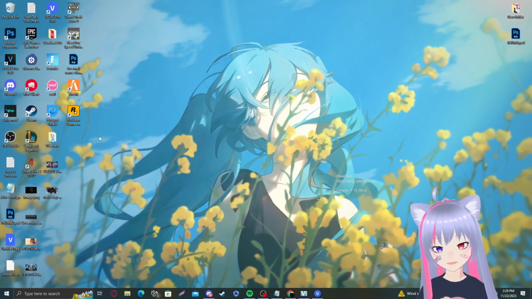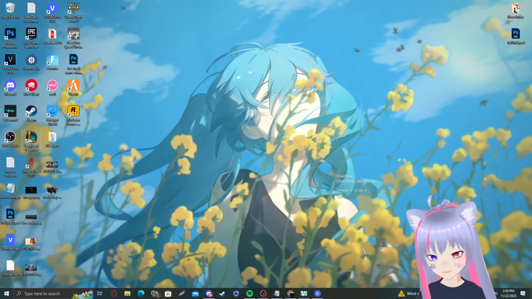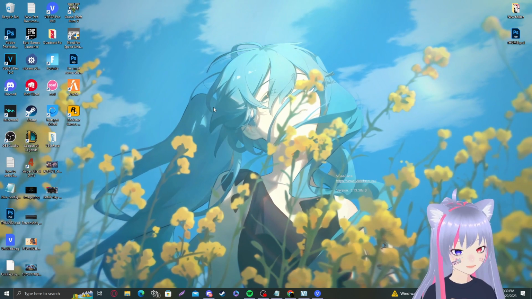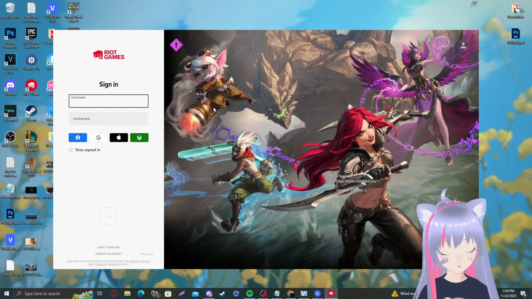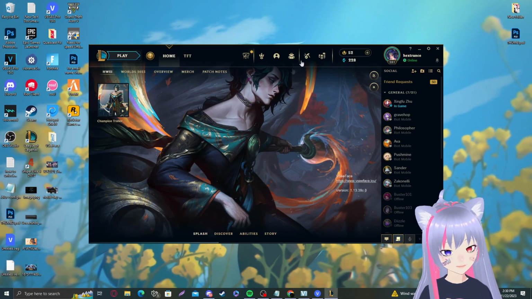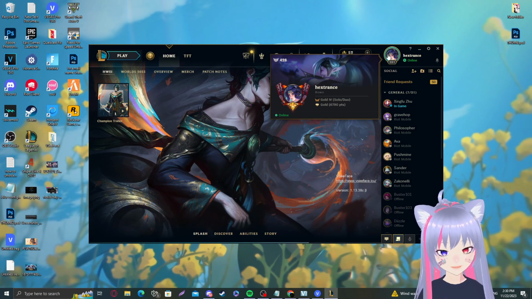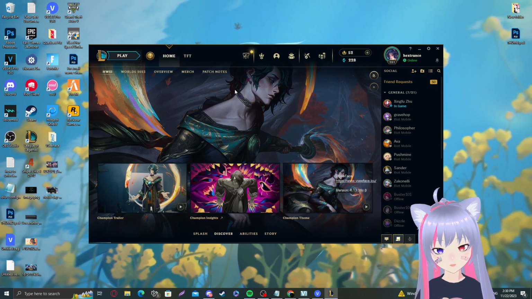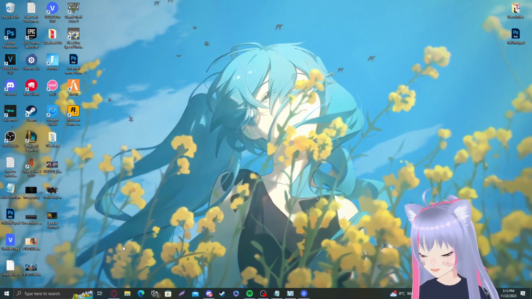Damn. So now our Riot ID, or our League of Legends name, is changed, and now what I want to do is open my League and check if it actually worked. Do not worry, however, if this does not work for you. There is method number 2 to changing your Riot ID, so I'm going to show you that as well. So I'm going to go ahead and log in, and there we go. Now I'm Hextrans, which is pretty cool. I did change my name, also changed the hashtag as well, and everything worked perfectly fine, and it was super easy.